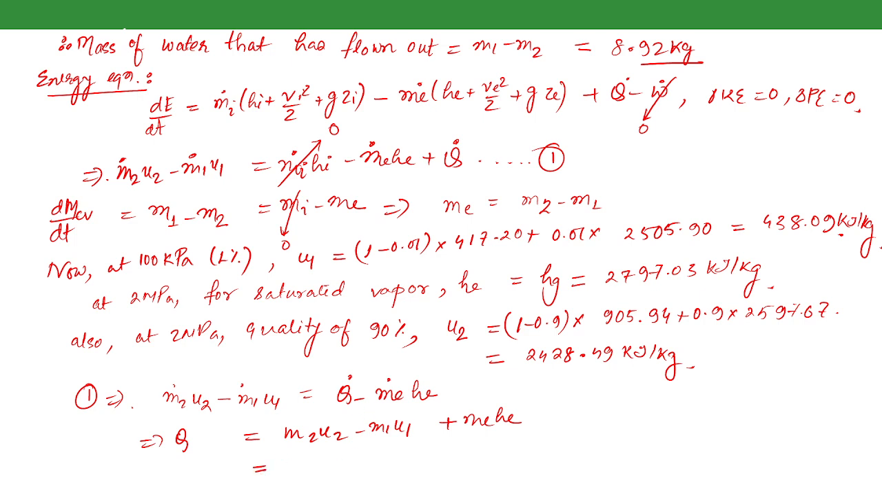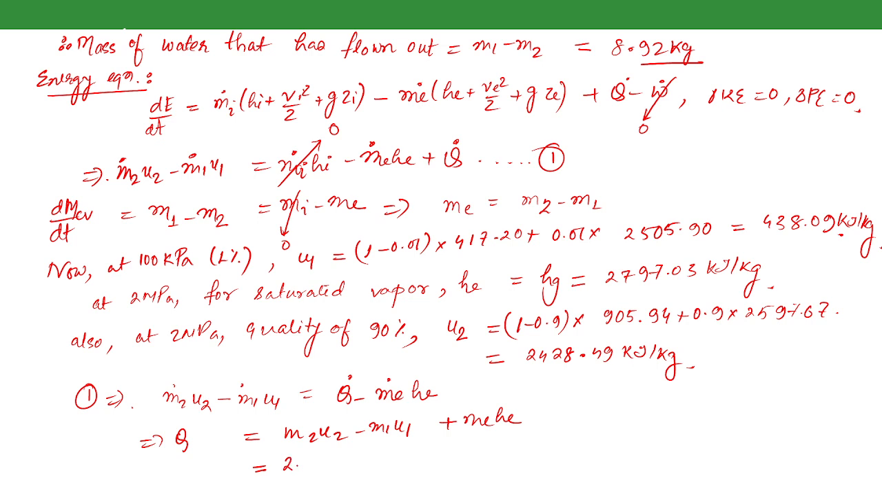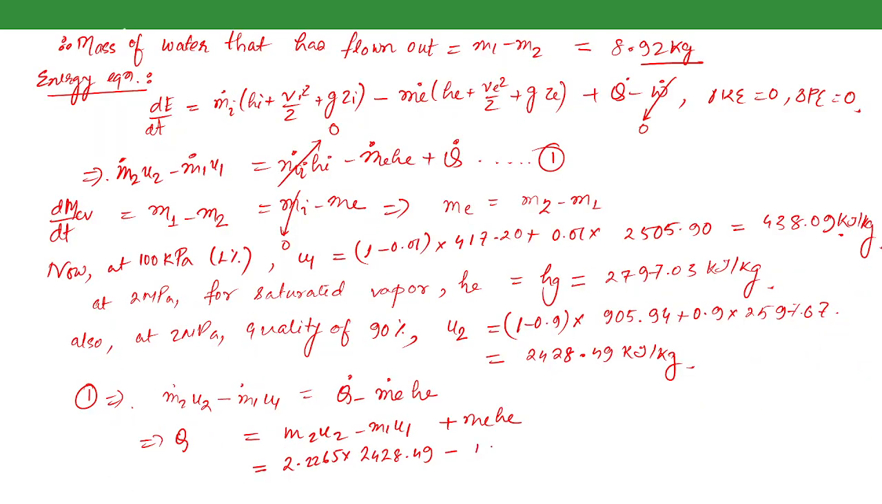So what is M2? M2 is 2.2265 multiplied by U2. U2 is 2428.49, minus M1, which is 11.15, multiplied by U1. U1 is 438.09, plus Me. Me is equal to